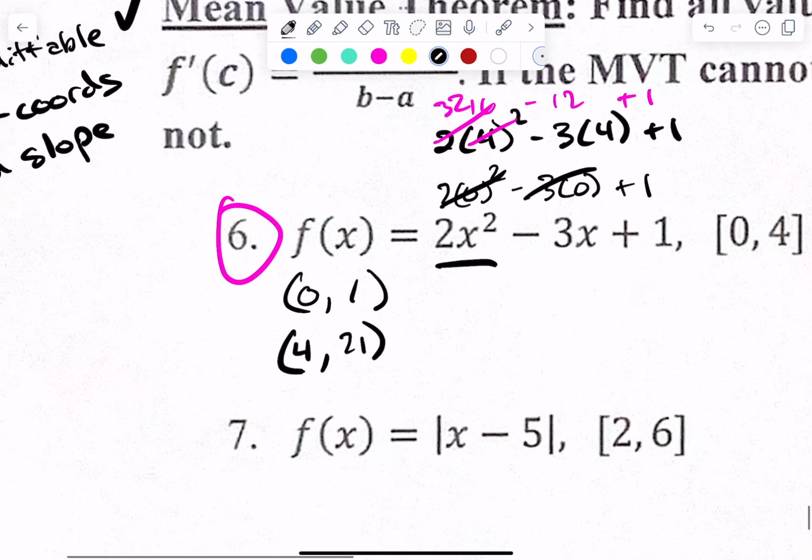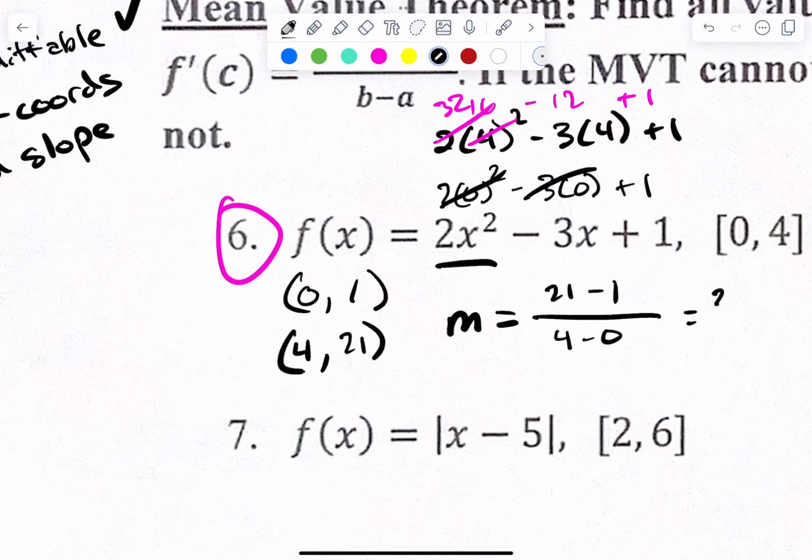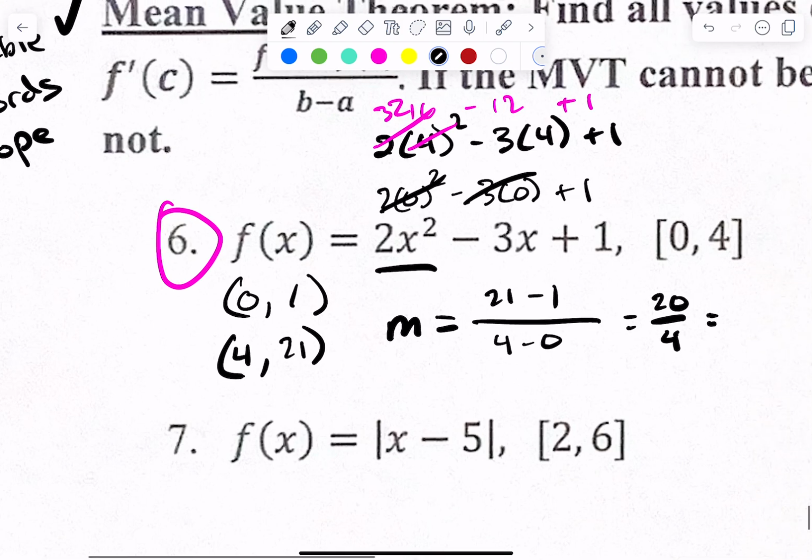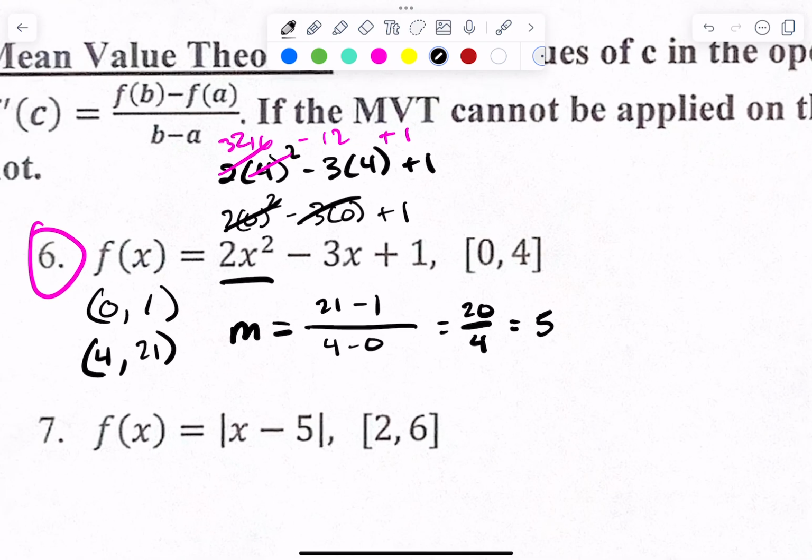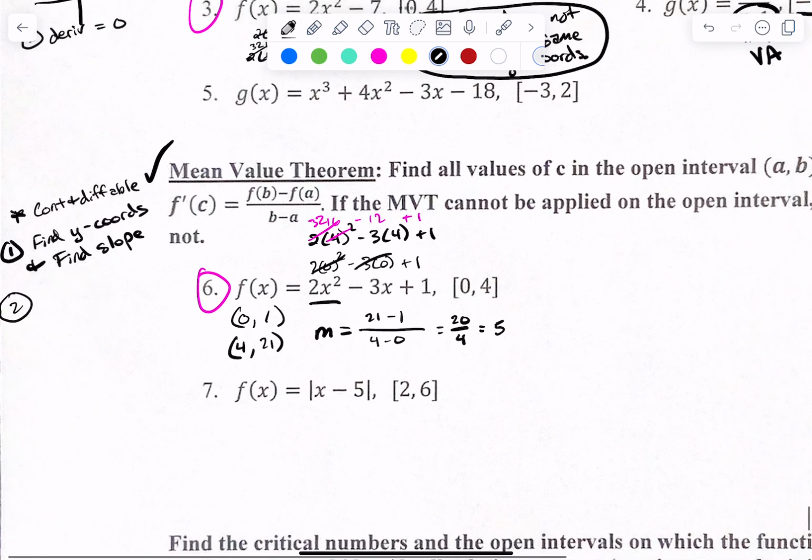Now we go about finding the slope. M equals y2 minus y1 over x2 minus x1. 20 over 4, which is 5. Okay, now what? Step 2, we set the derivative